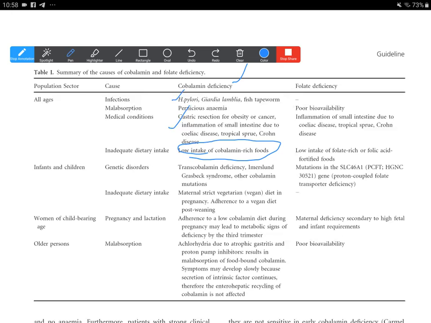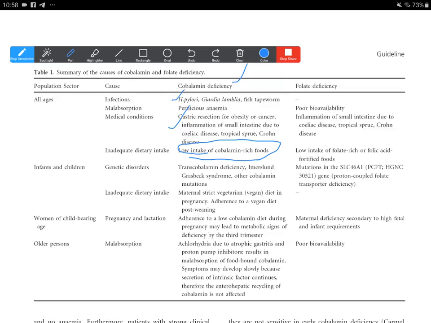Nutritional cobalamin deficiency may not progress to megaloblastic anemia because the diet is not totally lacking cobalamin. When the enterohepatic circulation is intact, the body losses will be reduced, but as stores diminish, then of course the deficiency can set in.